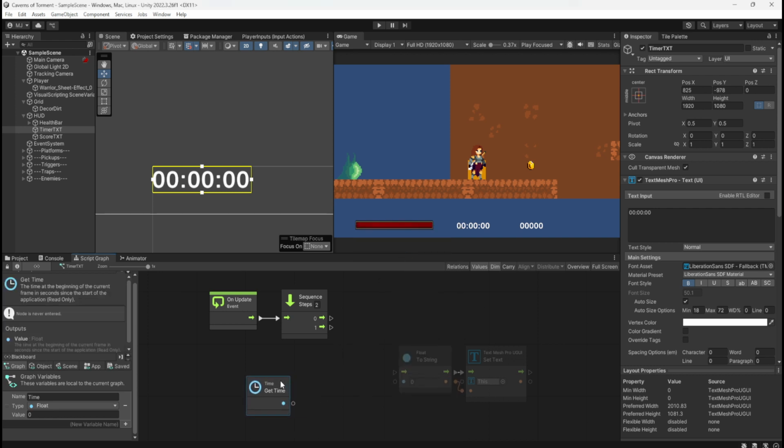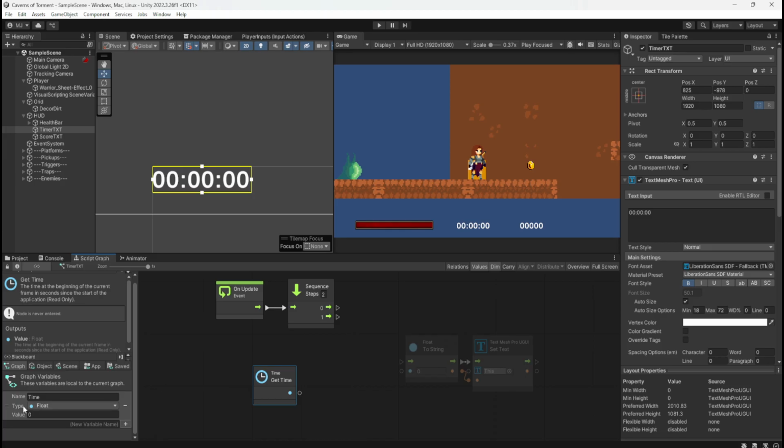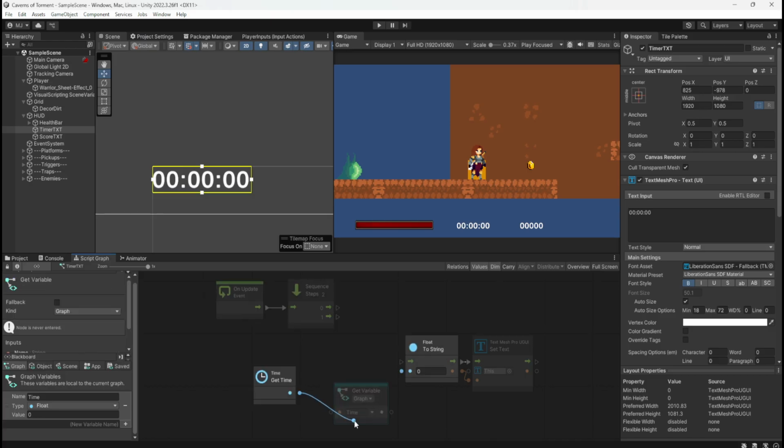Right, connect the time elapsed output to a float variable. Connect the time elapsed output. Well, it wouldn't go into there, so it has to be set time, surely.